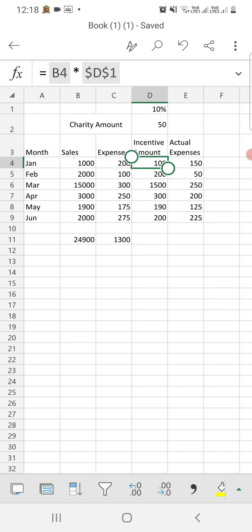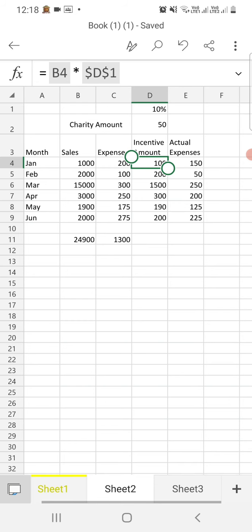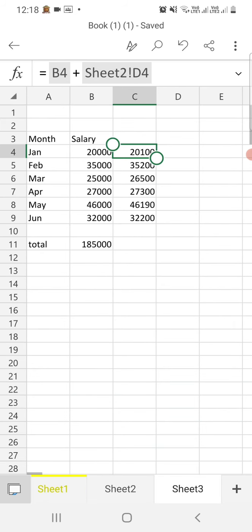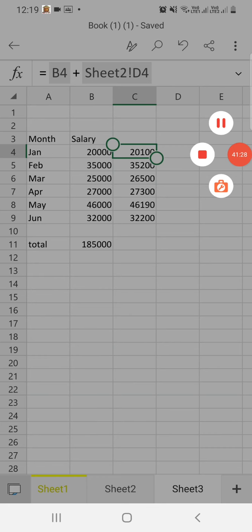That value will be added with the salary in our sheet 3. Yes, you can see the data given here. We have calculated by using sheet 2 cells D4 to D9. Okay, that is our sheet reference.